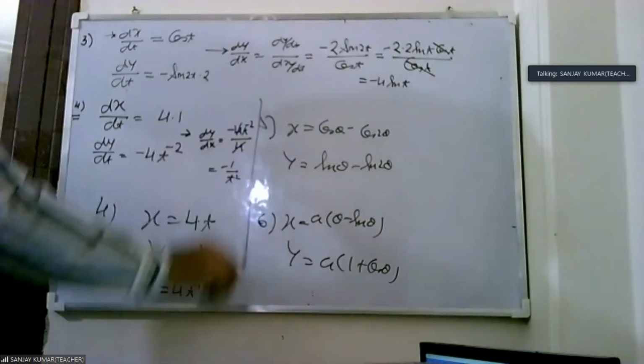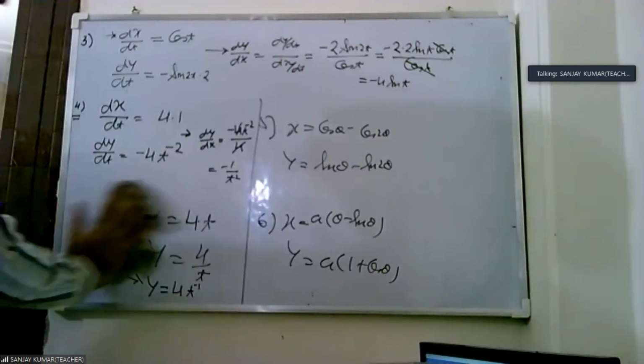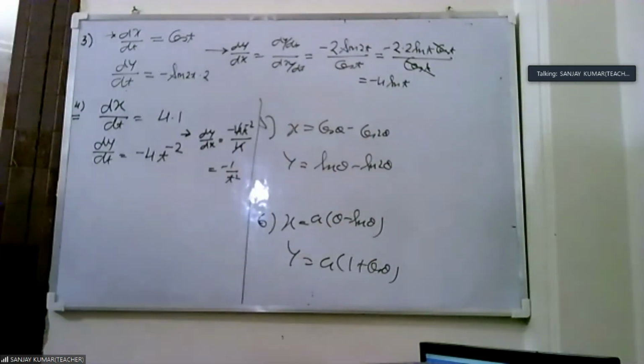Now we start fifth sum. Okay, we start the fifth question, but again see the fourth question. The 4t, that is very easy. 4t में कोई problem नहीं है. You differentiate 4t, very easy. That is t is 1. You differentiate t, derivative is 1. That is very easy. Okay. Then the minus 4 by t square. 1 by t is minus 1 by t square. जैसे आपका 1 by x का derivative होता था. Similarly, here we have derivative of 1 by t, that is minus 1 by t square. Okay.